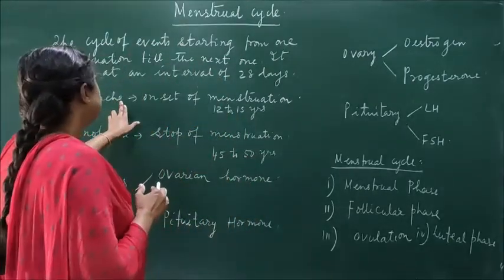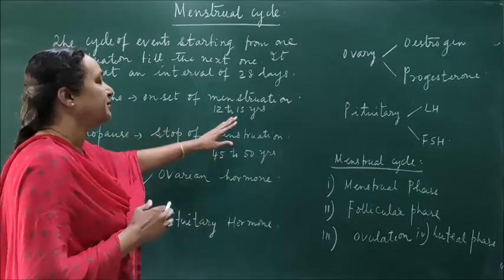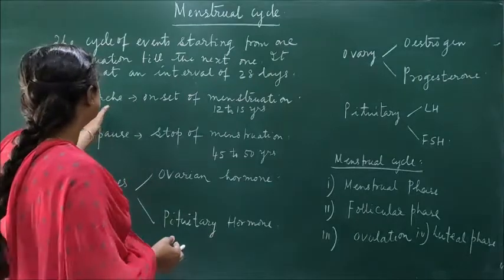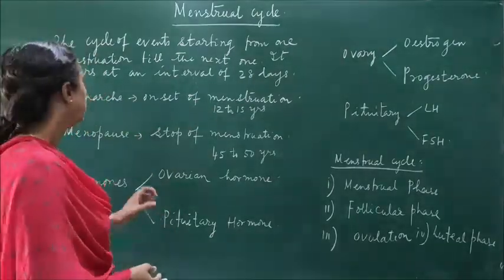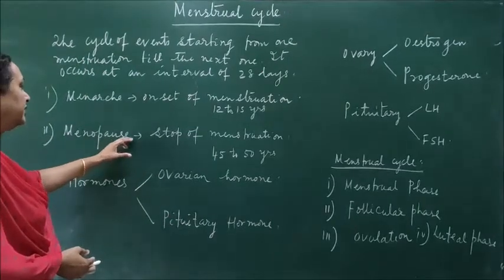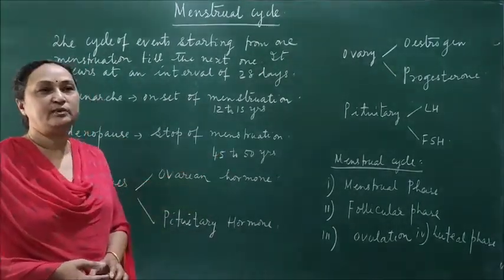The starting of the cycle. The cycle starts in females at the age of 12 to 15 years, and the onset of menstruation is called menarche. Then what is menopause? Menopause means that at the age of 45 to 50 years in human females,